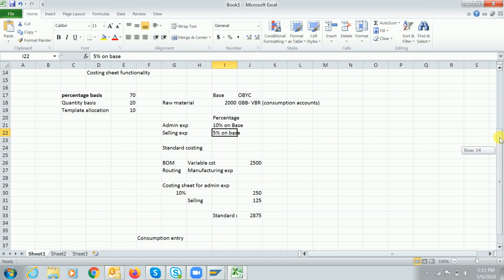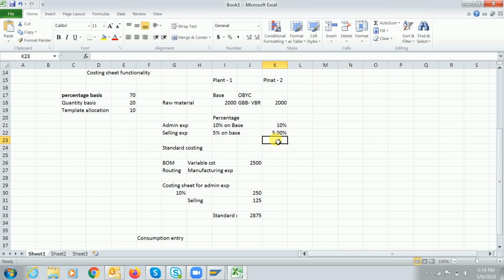That means this 10% and this 5% is, for example, in plant 1 itself. In plant 2 I'm using the same product, guys. Here my administration expenditure is a bit less, so I'll treat it as 5%. My selling expenditure is also less, so I'm taking 2.5%. In this case, if you want to maintain the overhead percentages on the plant level, you have to pick this. We are producing in two plants, even though the administration and sales expenditures are the same.